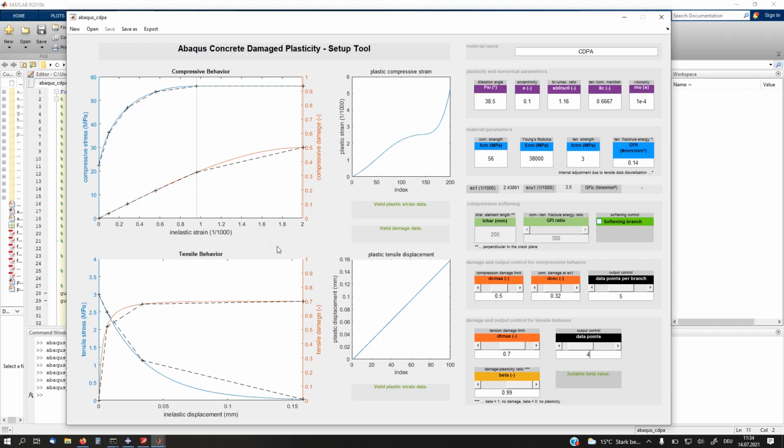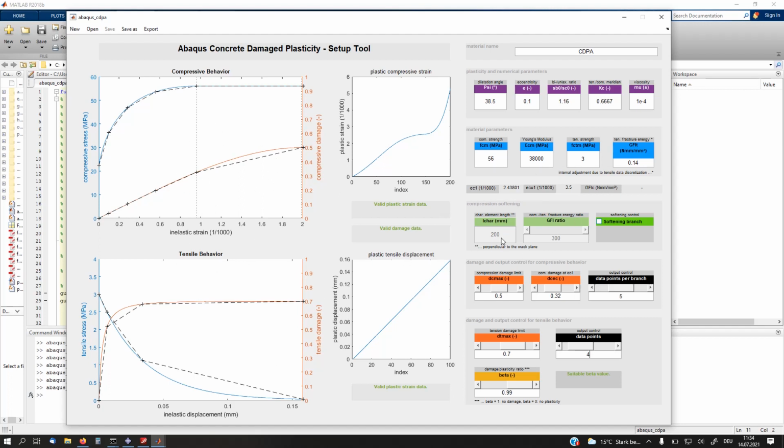And for example, you would use that if you have experimental data for this kind of concrete and all your parameters, and you have parts in your model that don't have a very regular mesh. You don't want to actually account for the softening because you are afraid of the mesh dependency. You're going to apply that